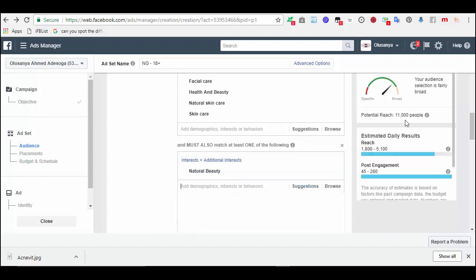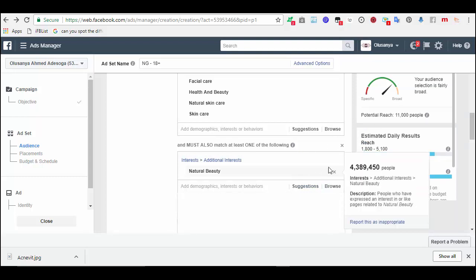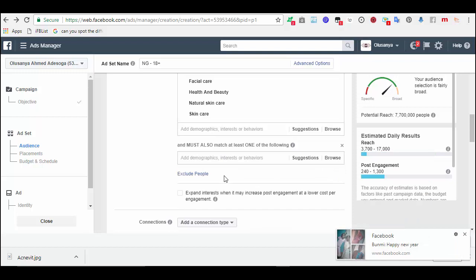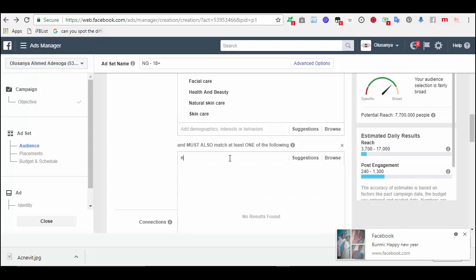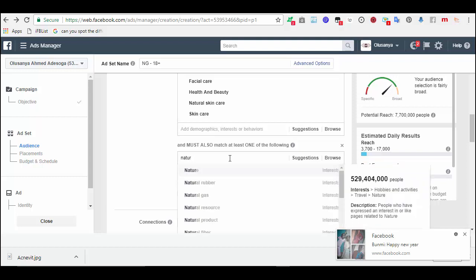Wow. Can you say 11,000 people? No, I don't want this. So in fact, it means those two carry a larger weight than this one here, because it means the keyword is very powerful. That was why it brought it down to that amount.